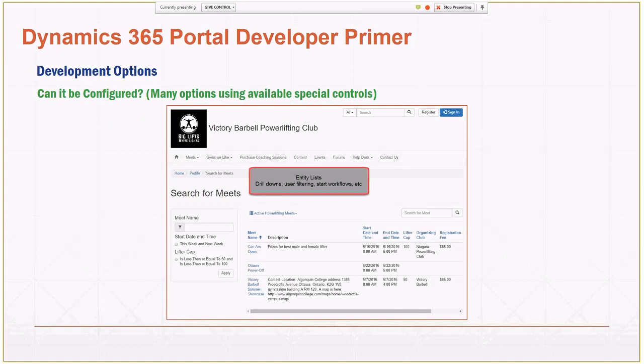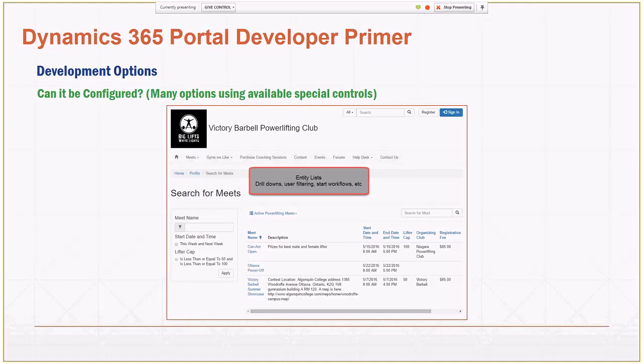It's easier to maintain, easier to upgrade. Your power users can manage it. Your power users can actually build some of that business logic. The same thing for the portal as well. So I have a screenshot there. I'm showing an entity list. Again, we're surfacing data on a portal screen. I've got some filters set up. There's some searching abilities. There's sorting. There's drill downs. All of that is configurable within the portal itself, so I didn't have to do any kind of coding or anything like that.